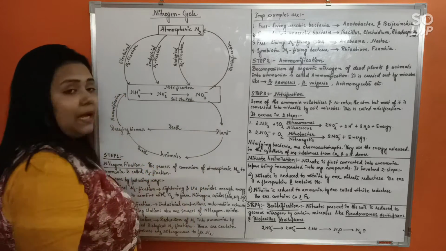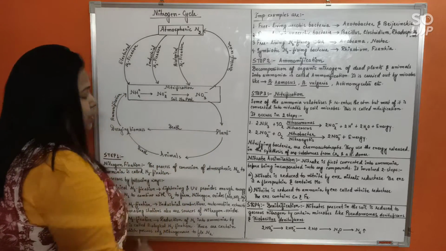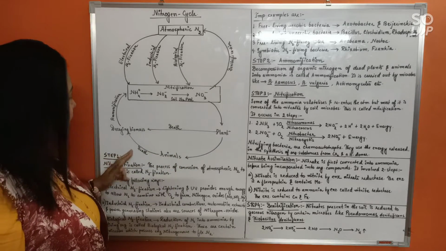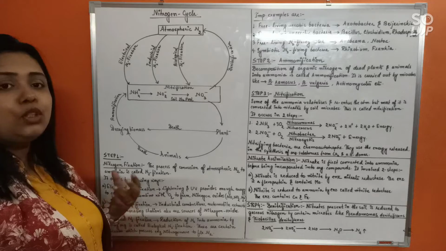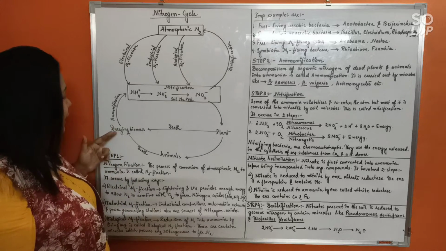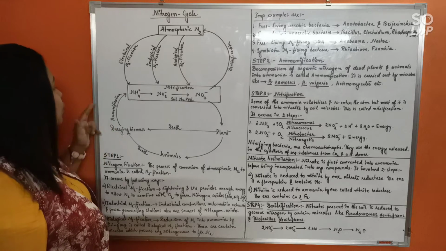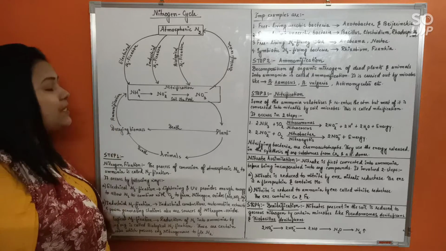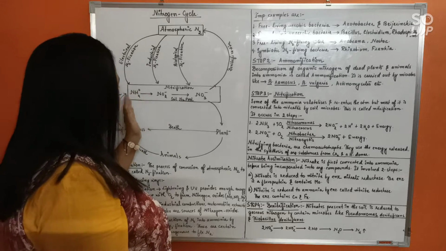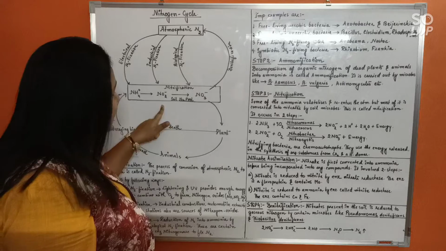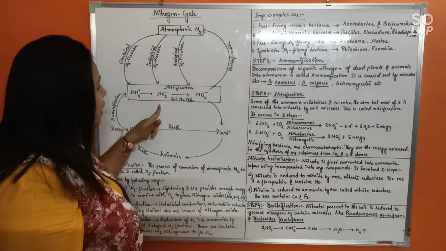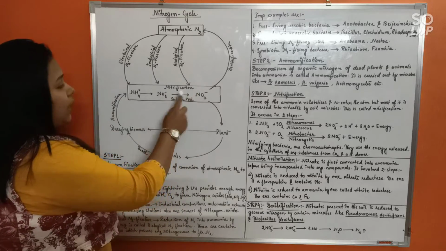Now with the help of this, when the soil nitrogen pool is replenished with nitrogen, the nitrogen is taken up by the plants, and from the plants it is transferred to the animals. But then when the plants and animals die, their dead remains or decaying biomass would finally convert the nitrogen into ammonia. So this is known as ammonification. But ammonia is also further converted first into nitrite and then into nitrate. This conversion of ammonia into nitrite and then nitrate is called nitrification.